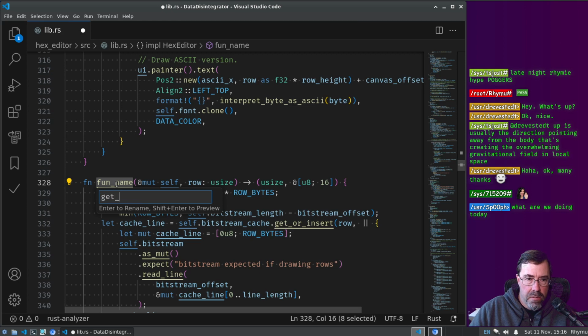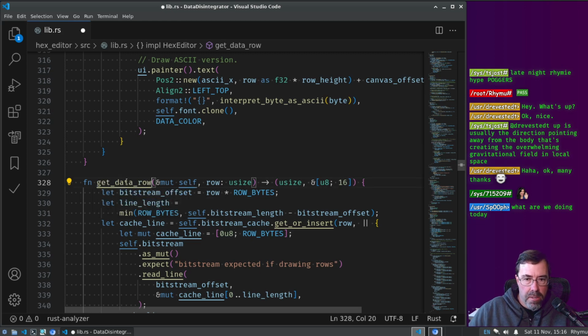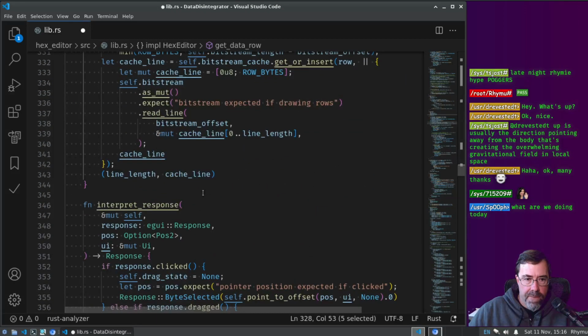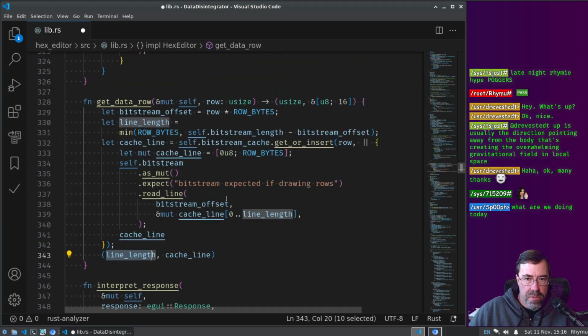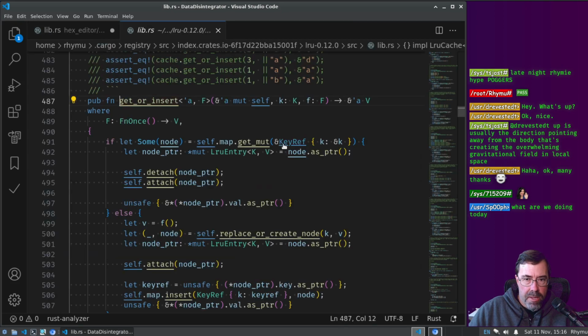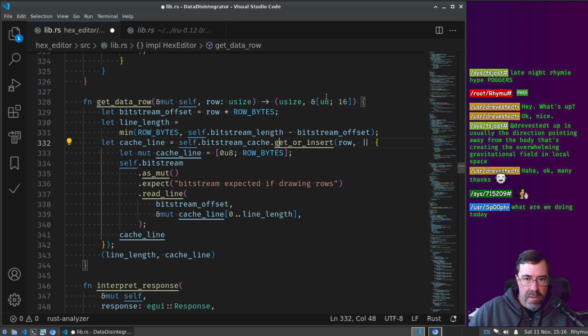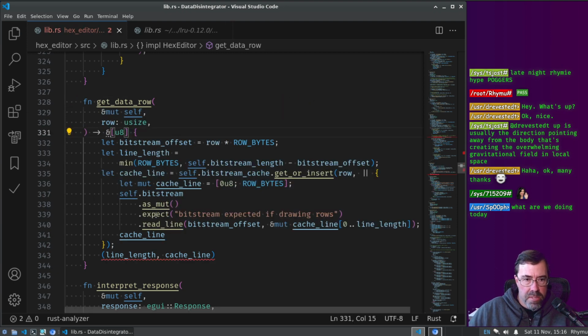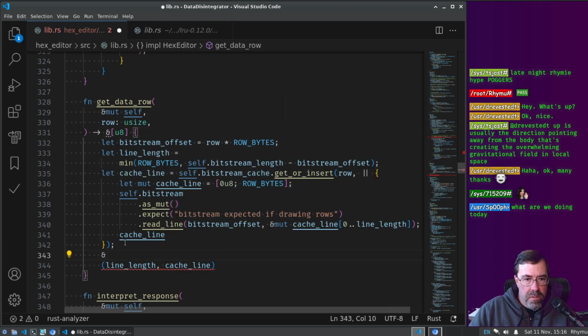Get data row. I like that. So I don't know why we need this though. Can't we just return? Can I just return a slice? Why do I have to make it a fixed slice? Can I just return a slice? It just wasn't smart enough to do that for me. Cache line